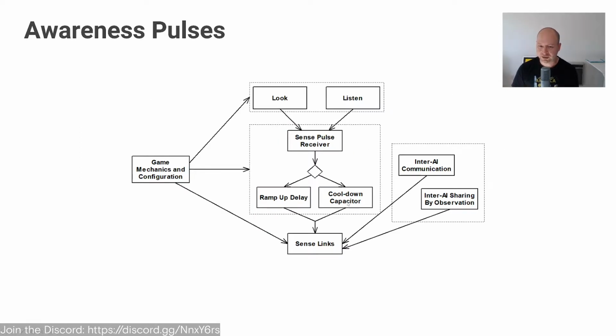Cooldown capacitor. What does that mean? Let me make a really quick comment here because I think that's weird, but there are no capacitors in code, right? I actually went to school for electrical engineering. So the idea here is that there's some kind of delay that goes into play, right? This really matters in AI because human beings respond, and there's a discrete, a continuous nature to the world where things don't happen immediately. Events in this magic abstract world happen instantaneously, but in the real world you can measure things. When a light turns on, it doesn't all turn on at once. There's an amount of time that it takes.